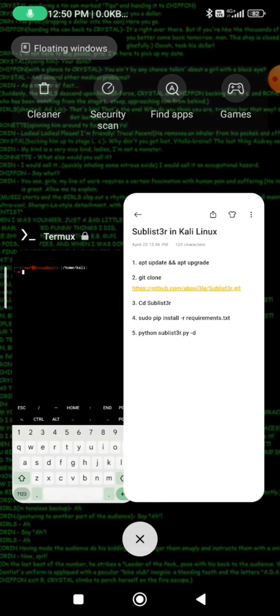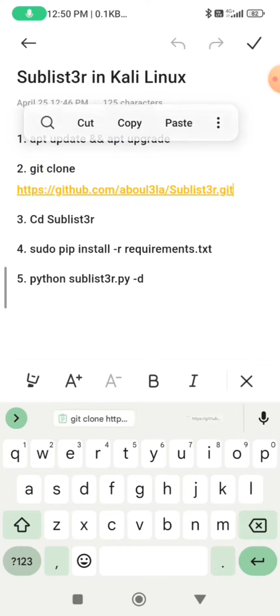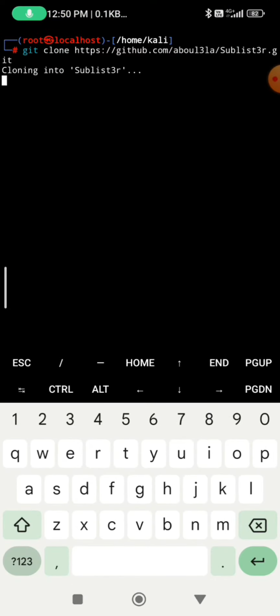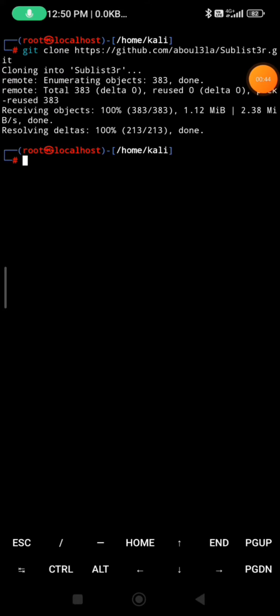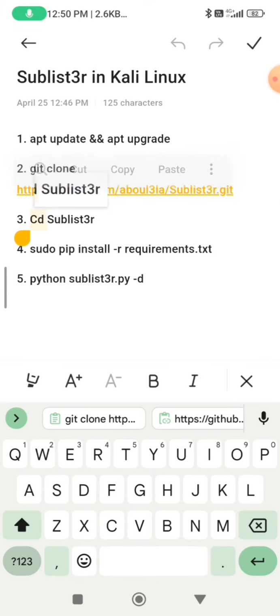After that, clone the tool. Okay, clone the tool from here, copy it and paste it here and press enter. Okay, hey guys, it's done now. It's successfully installed. Okay, afterwards cd for the change directory,